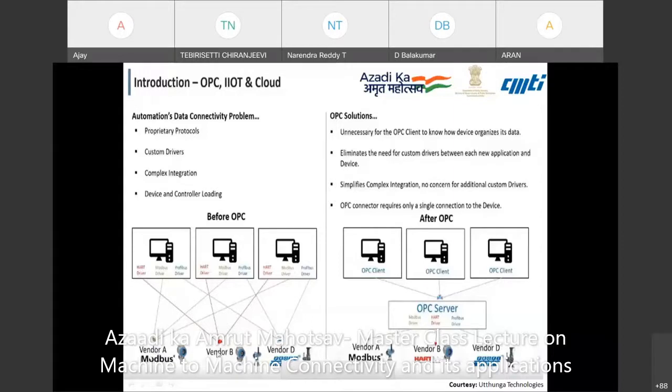Same thing, and then you can see the data here. A lot of connections are there. There is a chance of losing the data. And coming to after OPC, once this OPC UA had come, now all these vendors are complying to OPC. That shows that